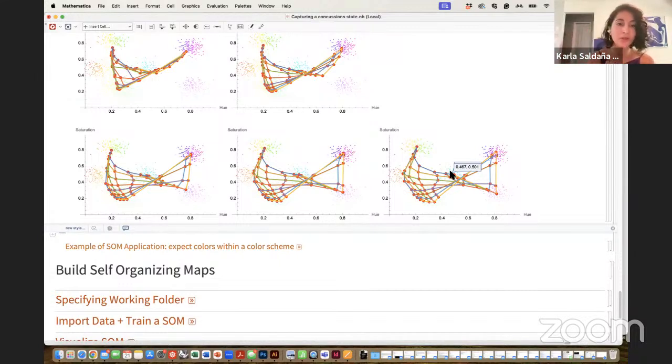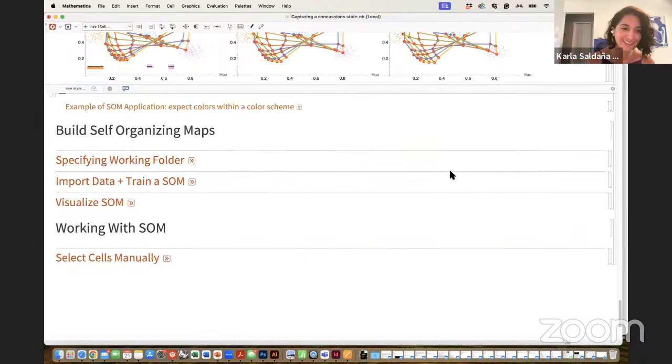So this could be used as a navigation tool for understanding the design space you're going to be working on. In my case, I will be working on this dataset of images about abstract art.